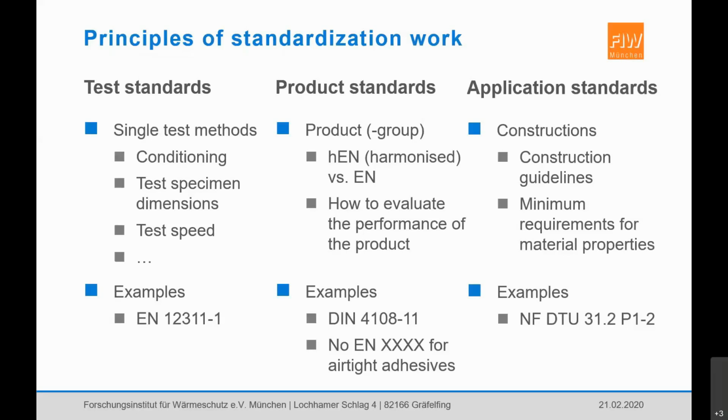So in general, maybe you can think of a product standard as a kind of cooking recipe that describes how to evaluate the relevant characteristics, and that's important to mention. It shall intentionally not contain minimum requirements, threshold values, or classes. So this is then a topic for national application standards, which give general guidelines for constructions, and they can then also contain minimum requirements for specific material properties, and of course reflect then national legislation or national architectural specialities, or maybe with reference to the question before, also specialities about the climate conditions in a certain country.